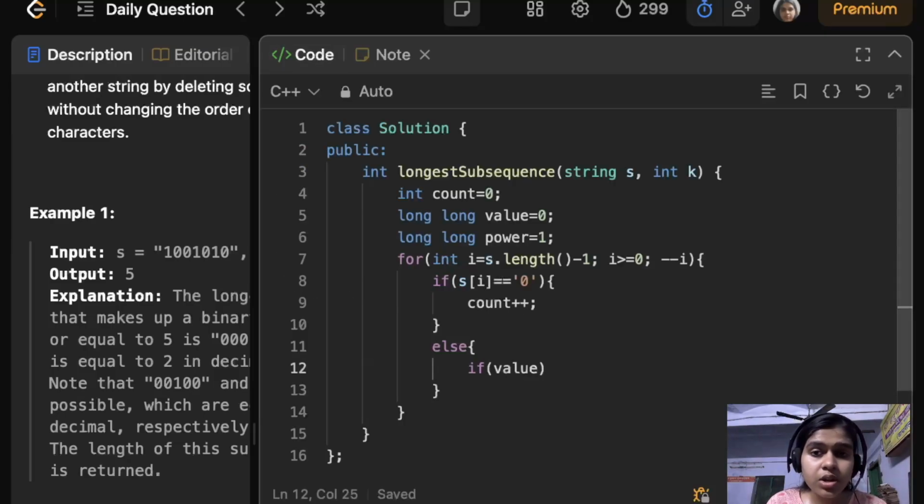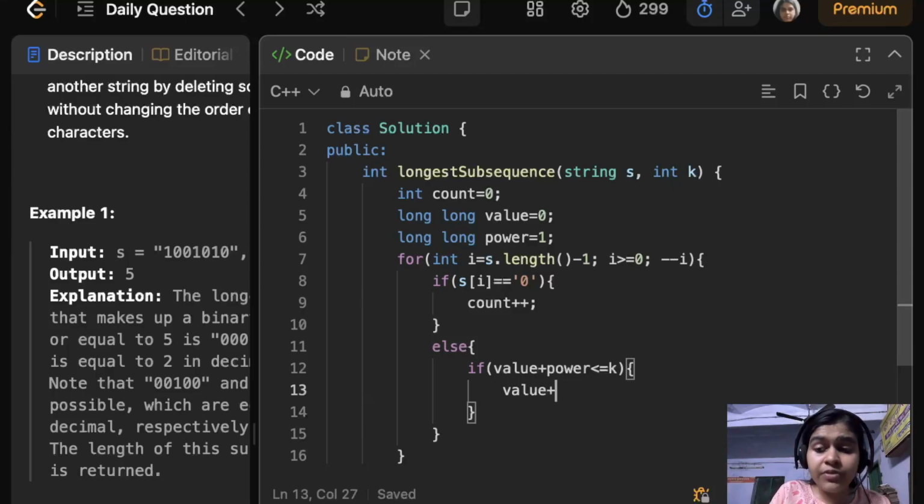According to our logic, if value plus power is less than or equals k, then we will be incrementing the previous value with the addition of the current power. It will be value equals value plus power. And our count will also be incremented, right?